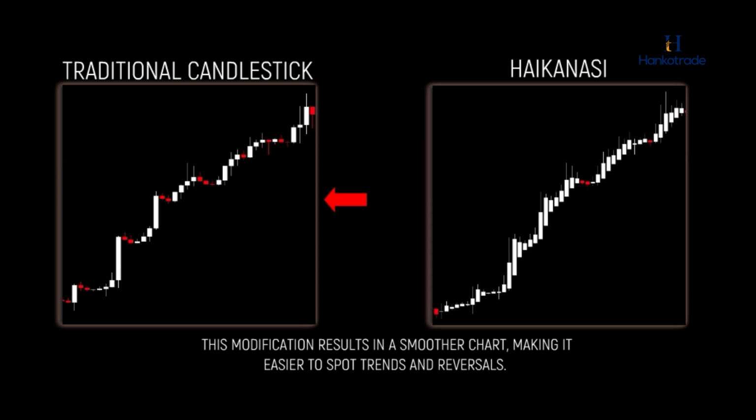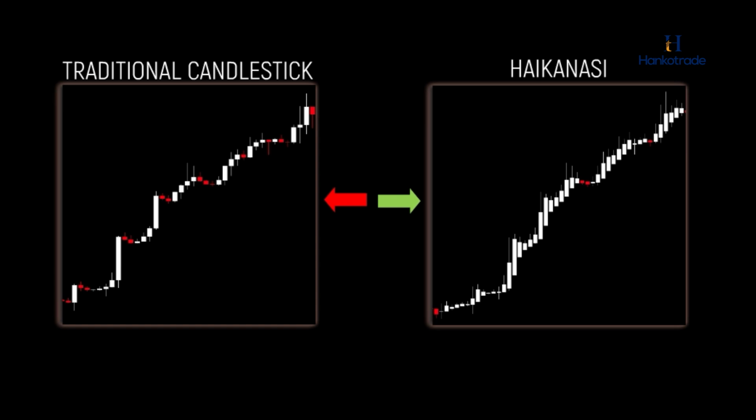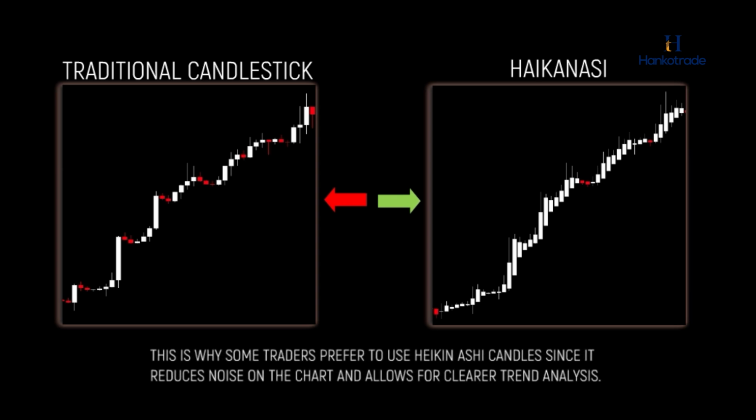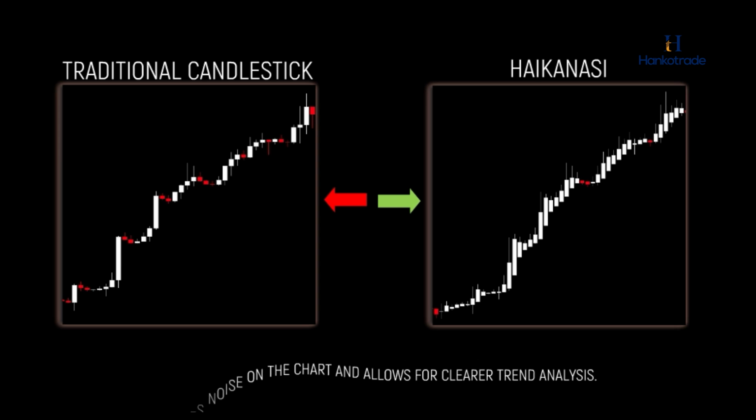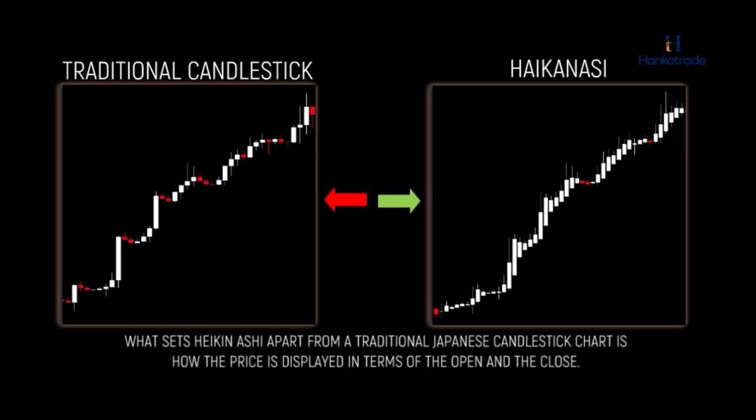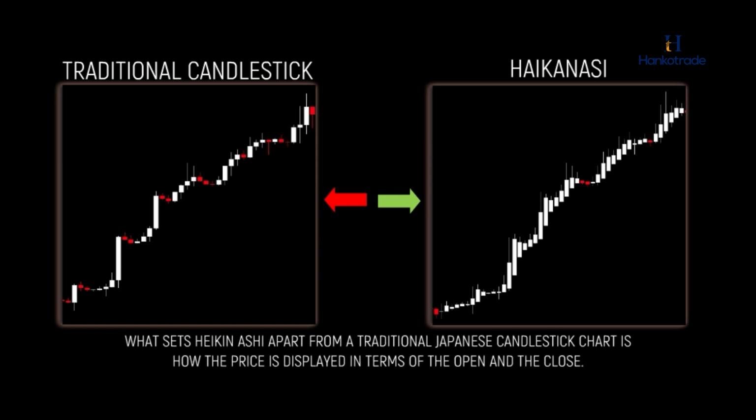Comparing the left chart, which uses traditional candlestick bars, to the right chart, which uses Heiken Ashi bars, you can observe that the Heiken Ashi bars are much smoother. This is why some traders prefer to use Heiken Ashi candles, since it reduces noise on the chart and allows for clearer trend analysis. What sets Heiken Ashi apart from a traditional Japanese candlestick chart is how the price is